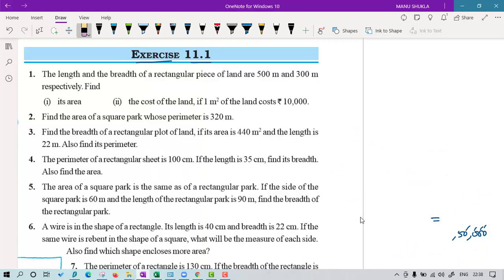Now solution number 2. The question is: find the area of a square park whose perimeter is 320 meters. So first of all we will draw a diagram of a square. A square is a special rectangle with all sides equal, or we can say length equal to breadth in the case of a square. Now we don't know the length of any side, but we know one thing, that the perimeter